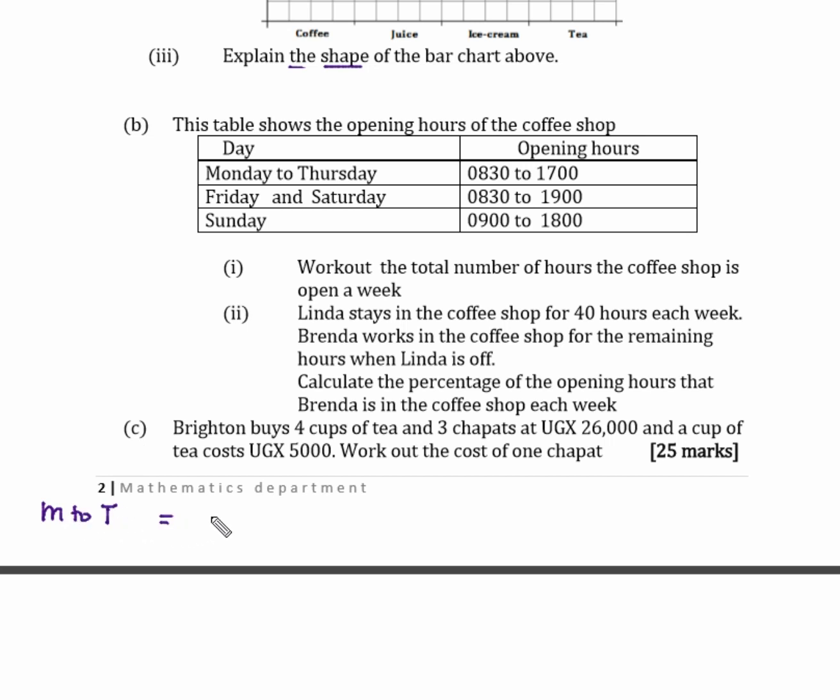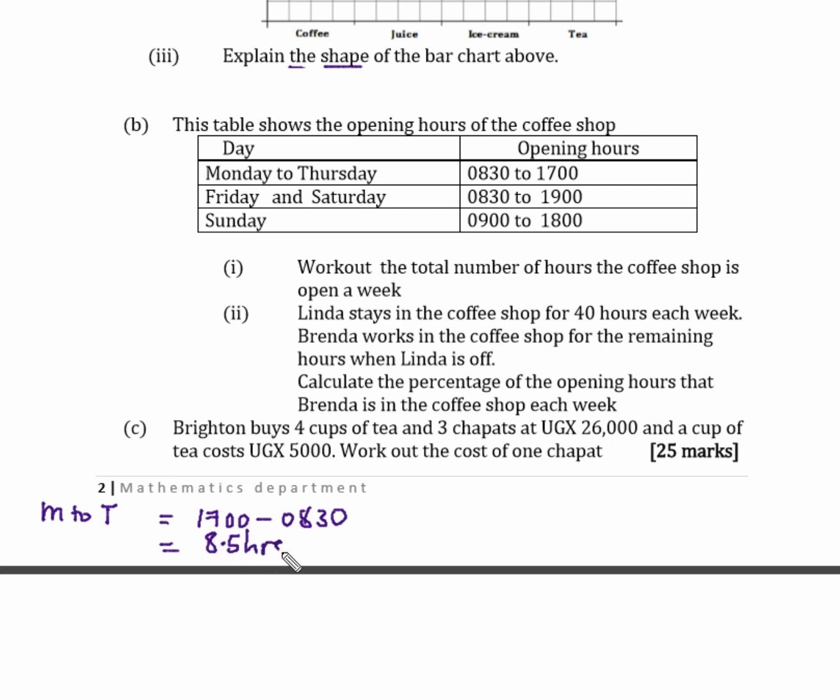Yes, they are telling us that the coffee shop starts at 8:30 and it ends at 17 hours. Therefore, we shall say that the duration is equal to 17 hours minus 8:30 hours. And that is 17 minus 8.5 hours, and those are